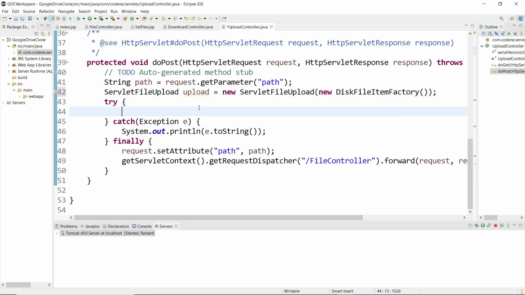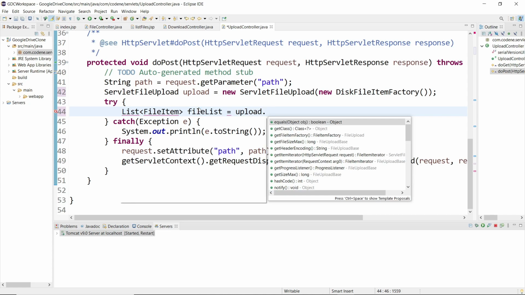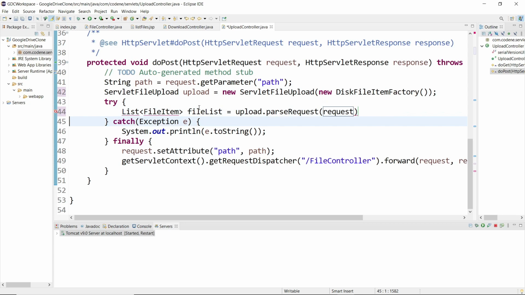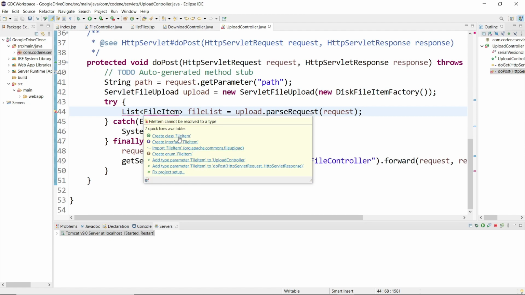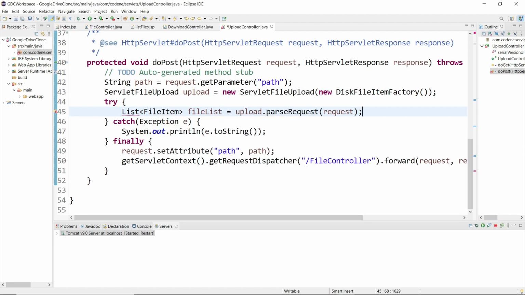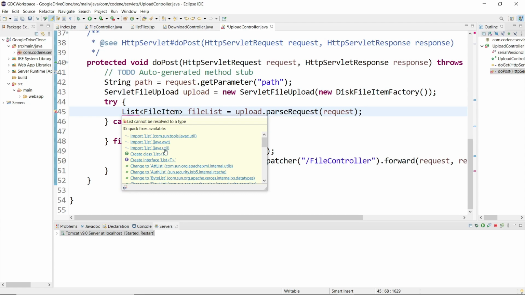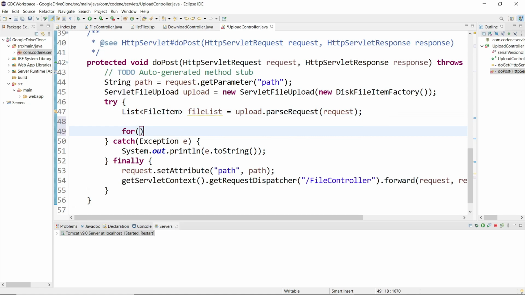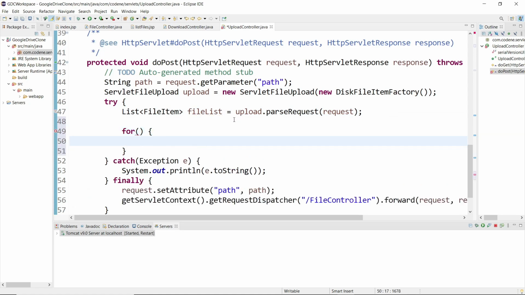Okay, keep in mind we'll import from the commons, and then what we'll do, we will write a list of FileItem. It will be your file list, and then what it will take from the upload parse request. As I said, parse request, then it will parse from the request. Okay, HTTP request, it will select all the files, it will return the file item. All right, then just import this List and FileItem as well, and then what we will write, will iterate through all the files whatever the user has, that means the client has sent.